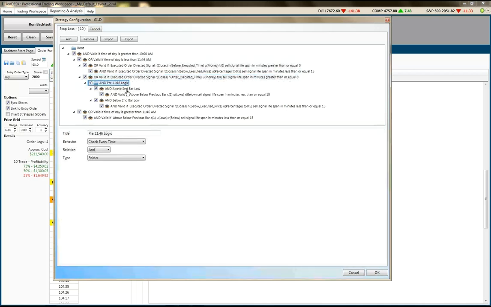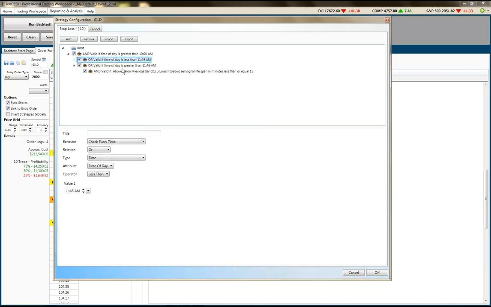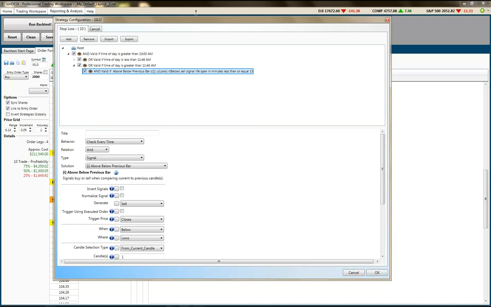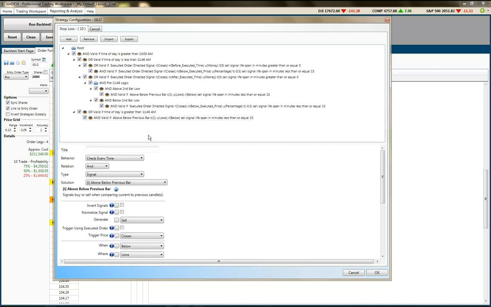And then he's got rules with a special behavior here that he wants it to ignore the children until one of these rules is correct. So whichever one of these rules is correct, then it will nullify and remove the other. And then he's got, if the time is greater than a certain time of the day, then he wants this rule to take over. So yeah, these things can get pretty advanced. And as you can imagine, I'm not sure if you have programming capability, but if you do, then you can